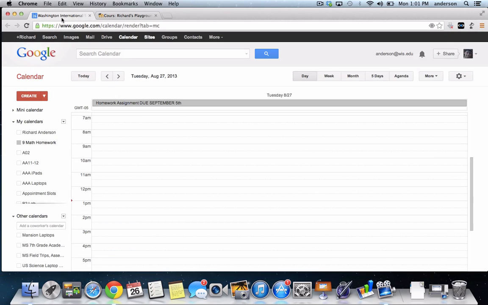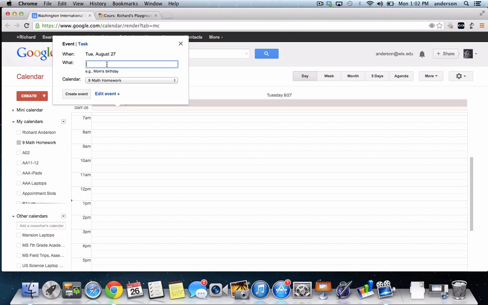You go to your Google Calendar and the first thing you're going to want to do is create a new calendar. Go ahead, give it a name, go through that process, and it'll appear here in your list. I have a calendar called 9 Math Homework, or whatever you want to call it. And what I've decided to do is to place all of the homework assignments as an all-day event. So I have this one that I just made up. If I wanted to add another one, I would just click here and say perhaps